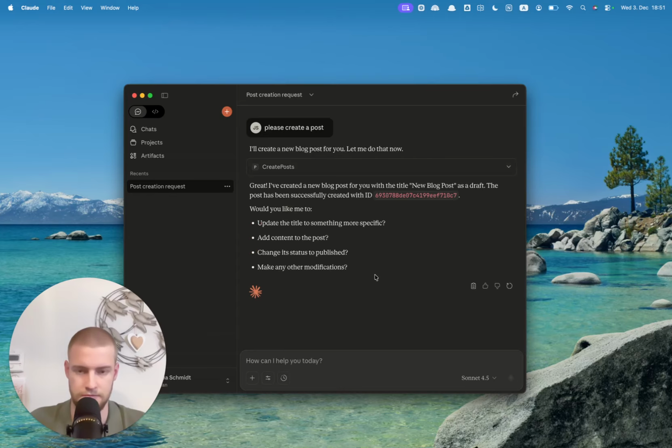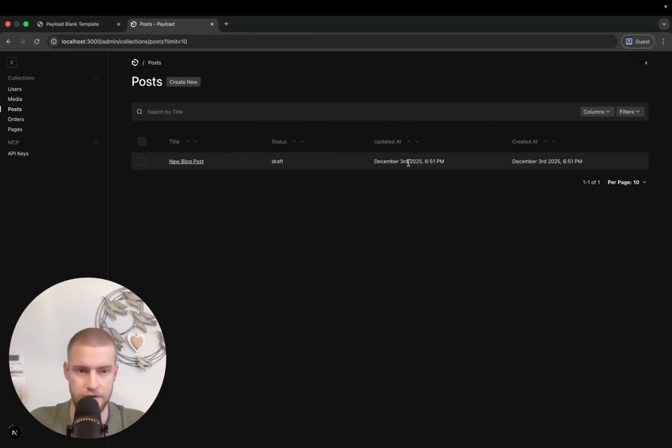And it's going to be created in posts. So there was nothing here before. There's now this post, and whatever the MCP plugin gives, here its status from the MCP plugin, it's always going